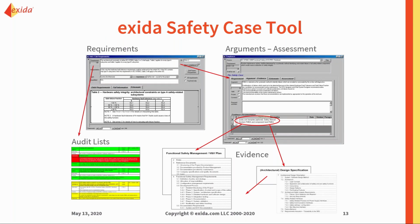When we are gathering all of our information, we will then put it into our safety case tool. The great thing about this tool, all of the standards that you could get certified to, all of the requirements are already in here. We just put into the program which standards you want to be certified to, which levels you would like to be certified to, and it will pull out all of the applicable